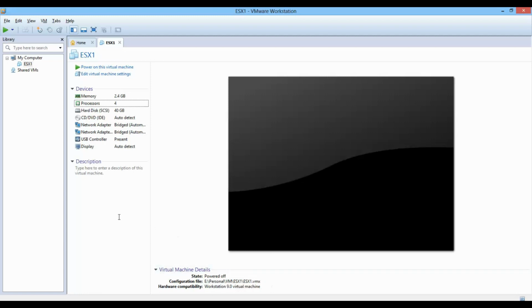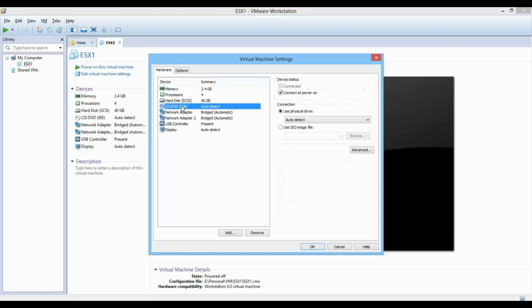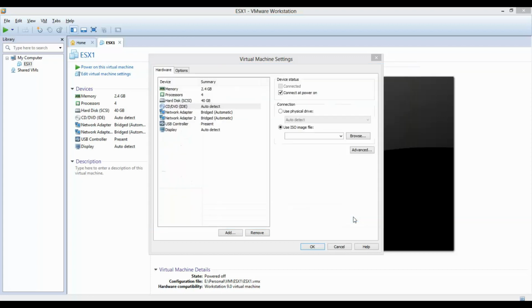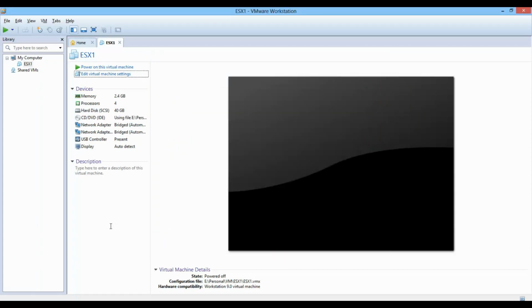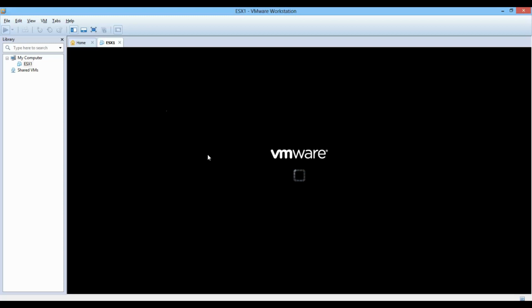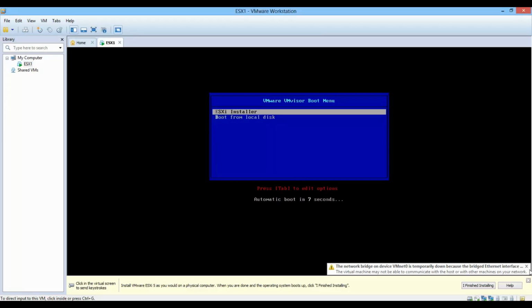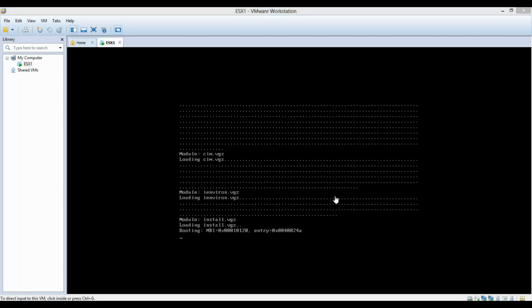So just click on the CD DVD. Okay, so you can see here CD DVD, and then we select it. Now we browse, and the image file will be in a folder. You just select it and then you can power on, and the installation will start. A window will be popping up. So see, this is that window. Guys, over here that blue window you see, the ESXi installer, you will select, then the installation process will start.